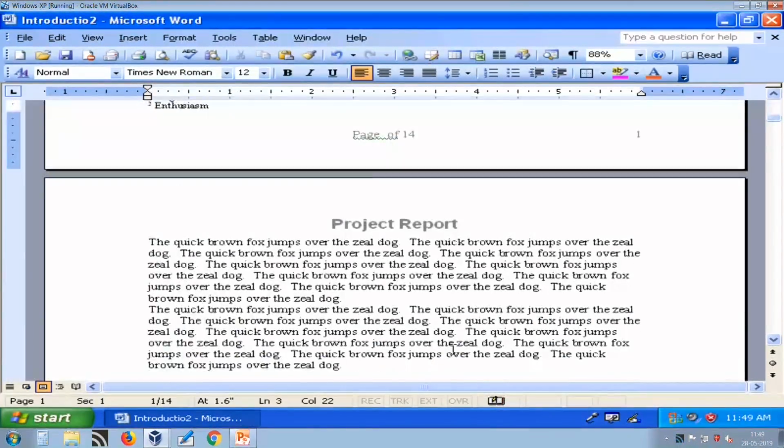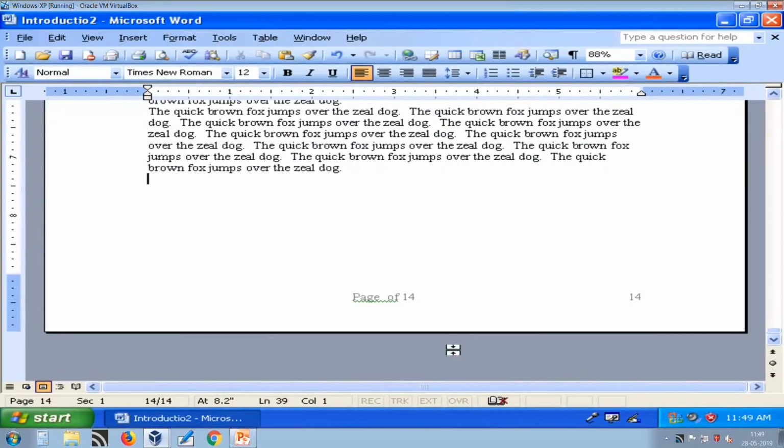Now let us see how to use auto text. So I go to end of the document, and for example, if I type a few characters of Baba Saheb Ambedkar University, then it will automatically suggest whether you want to use this, and if you want to use this, press enter, otherwise continue whatever you want to type. So here I am pressing enter. By typing a few characters of Dr. Baba Saheb Ambedkar Open University, I can have that entire name available using auto text. So this is how I can use auto text.